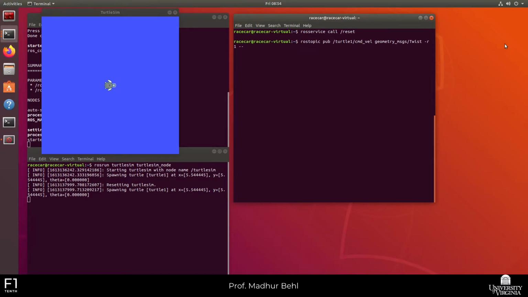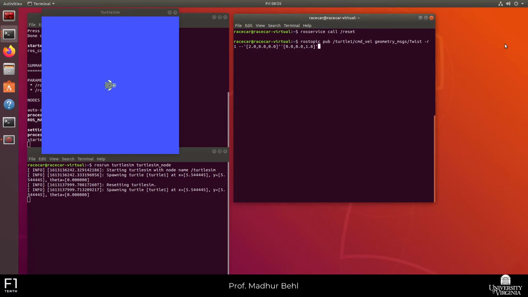So here I'm going to say I want to publish this message to 0, let me say 2.0, 0.0, and 0.0. So that's the linear component, and then we can specify 0, 0, and I think I used 1.8, and